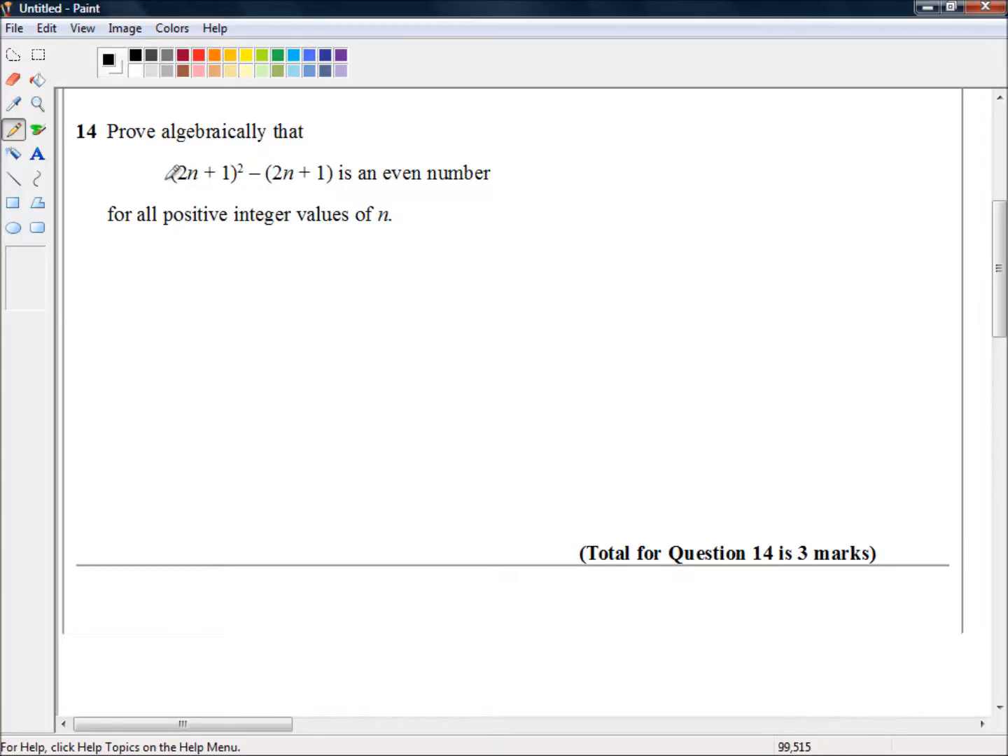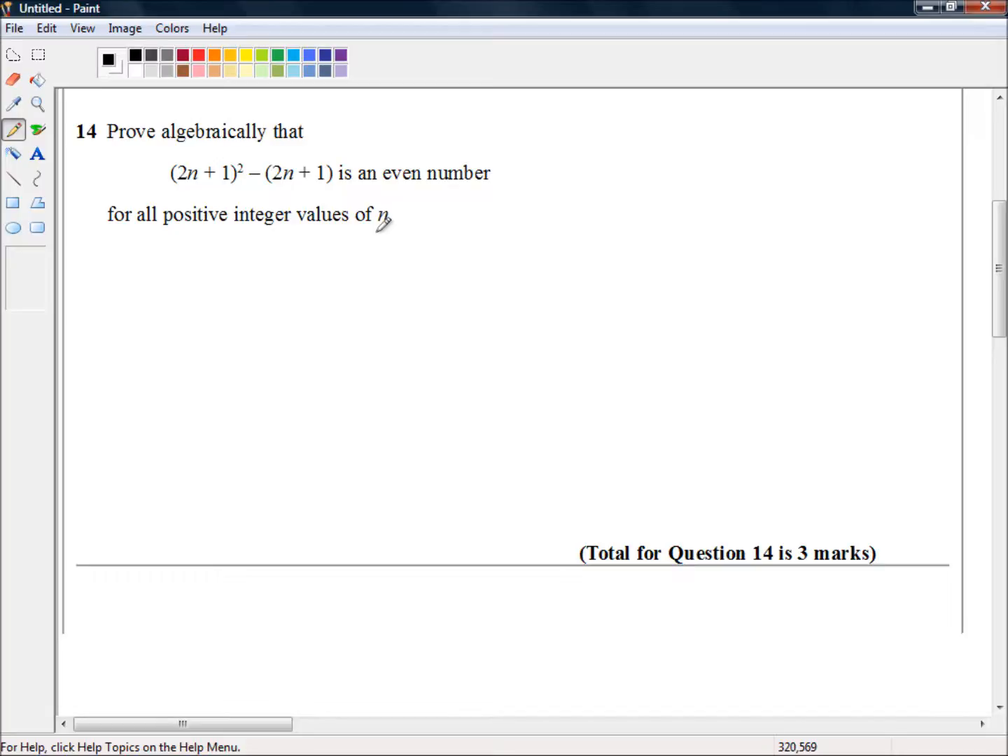This is paper 1MA1/2H. It's the second paper in the higher tier. It is a calculator paper, so we are allowed to use calculators, and we're picking up in question 14. Prove algebraically that (2n + 1)² − (2n + 1) is an even number for all positive integer values